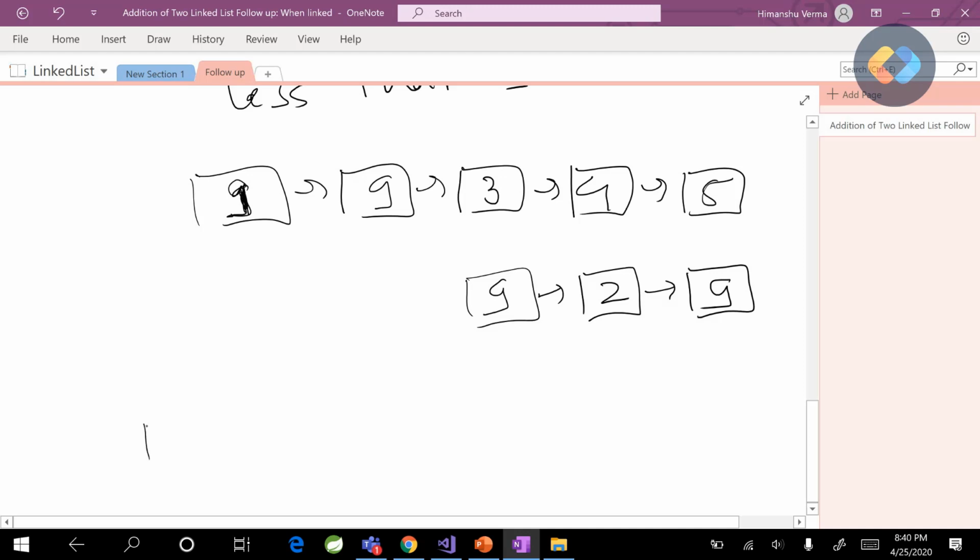Okay, so what we'll do first, we'll create one node which has the value 0. So this is our starting node. And we'll have three different pointers. One is our carry pointer, because we know we are doing a carry propagation to the back. So we need one pointer which will take care of the carry propagation. One is the pointer which is our crawling pointer. So I will say C is the carry pointer, CR is the crawling pointer, and then one is our basic head. So let's see.